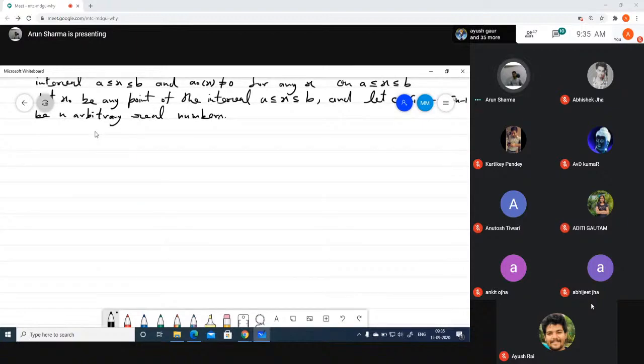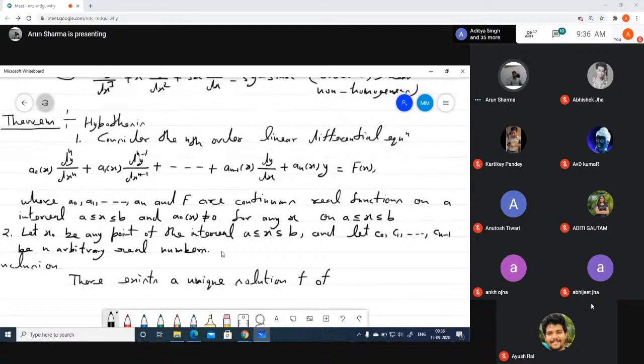So now what is the conclusion? The conclusion is there exists a unique solution f of equation 1, so I'm calling this equation 1, such that